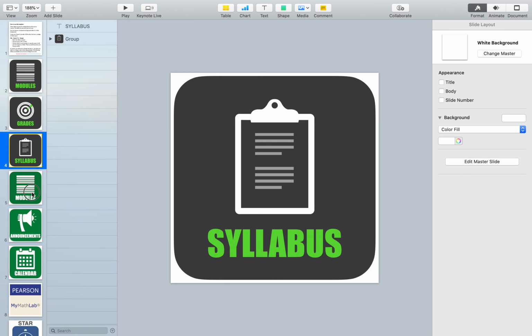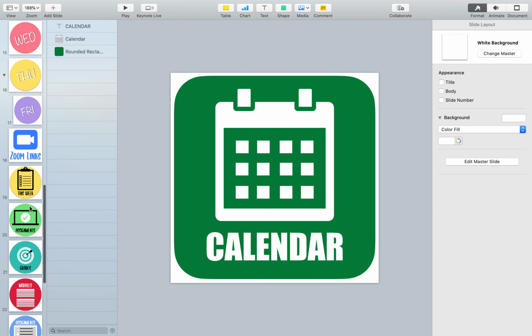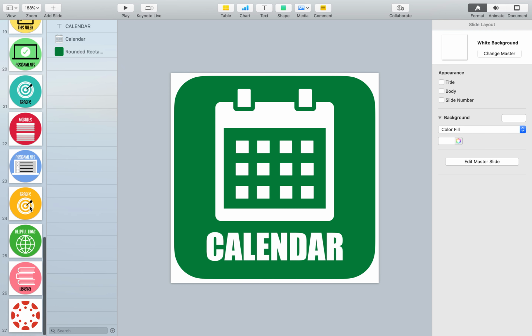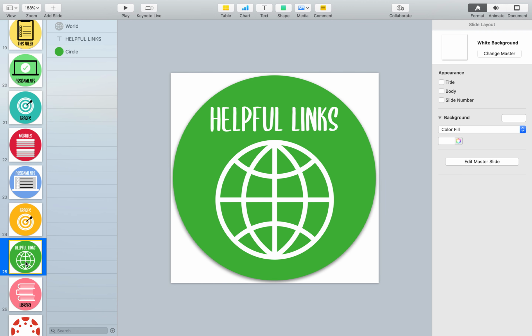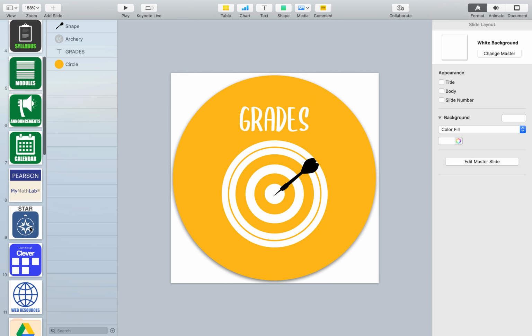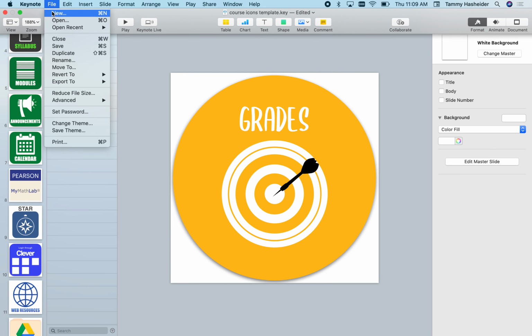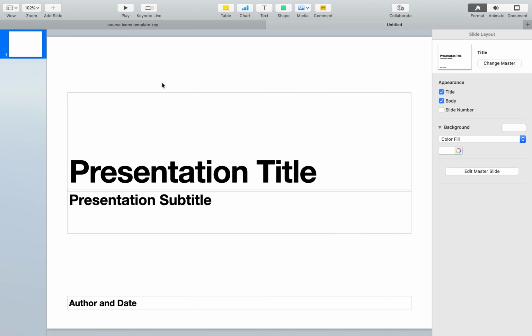So I've got this deck that I've already kind of created, where I've made a whole bunch of different buttons for all kinds of things that I've been using in some of the courses I've done. And I'm going to make these available for people to download and make whatever they want in here. But to do it, what I did was I did a File, I did a new Keynote document. I just chose a blank presentation. And I went in here